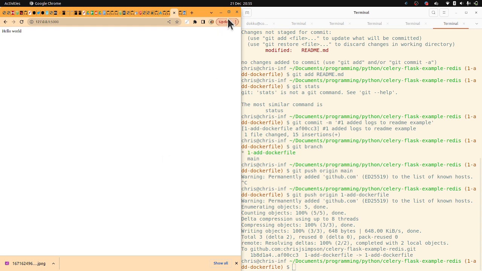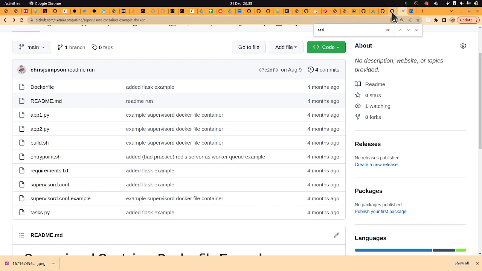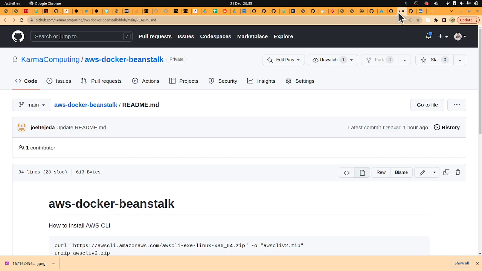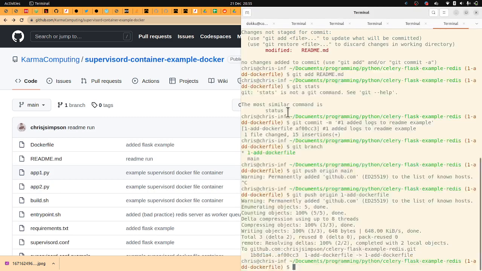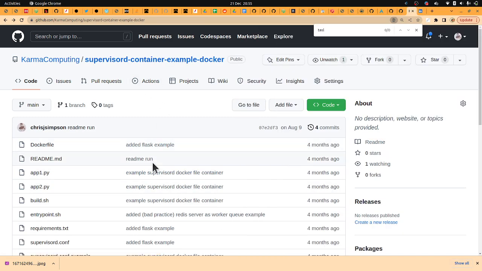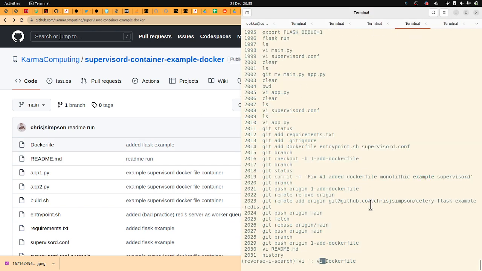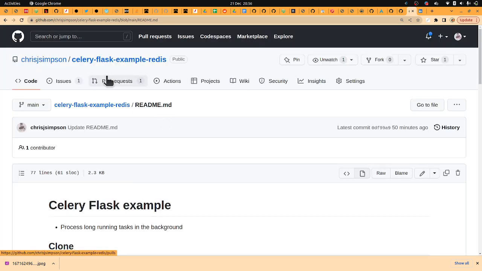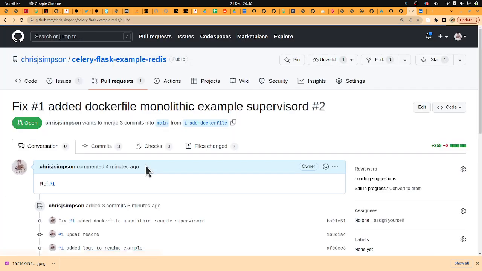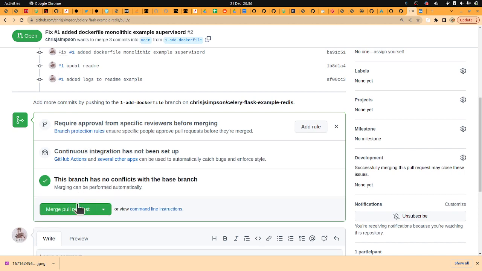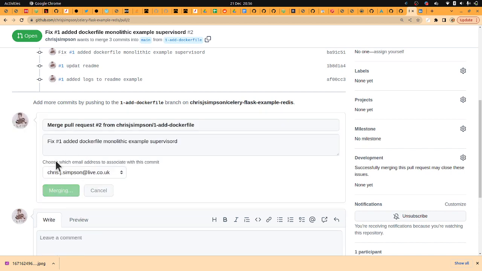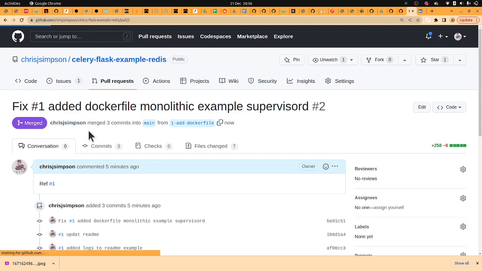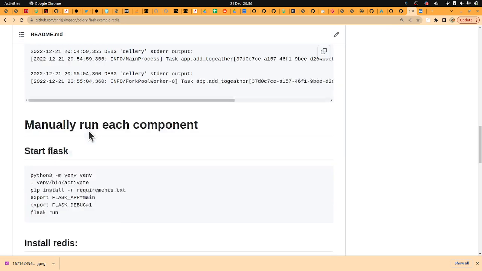There we go. And we will see how that's done and then merge it in if I can find the correct repo. It's this one. There it is. All right. And we'll go in. There we go. That's much more useful now, I think, because we're getting a little bit more